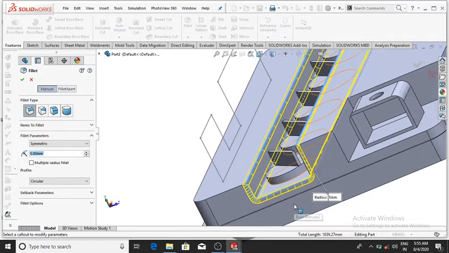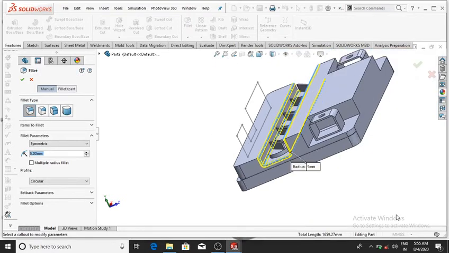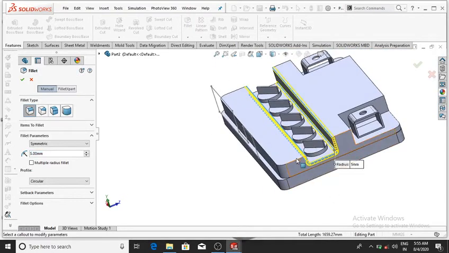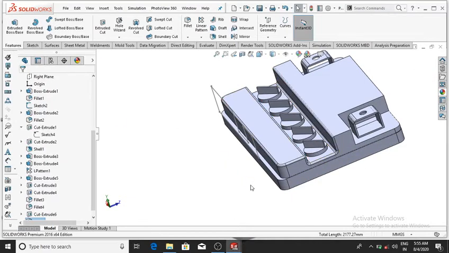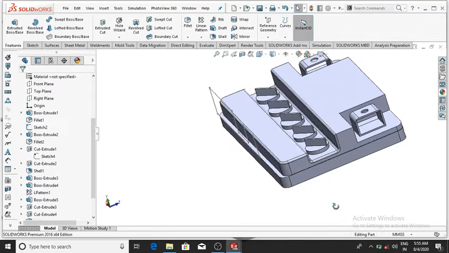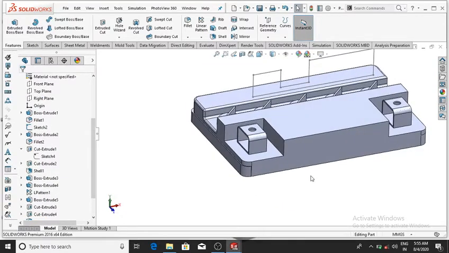Now it will be selected, and select this also, then OK, and again make the fillet to all the corners to 5 mm.